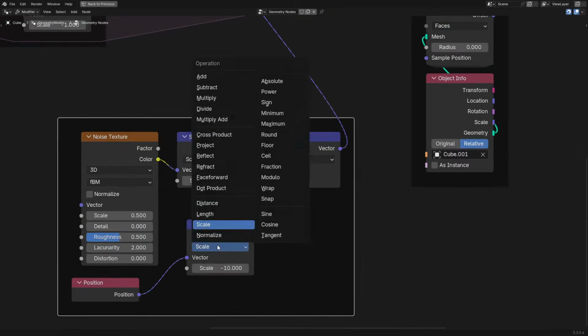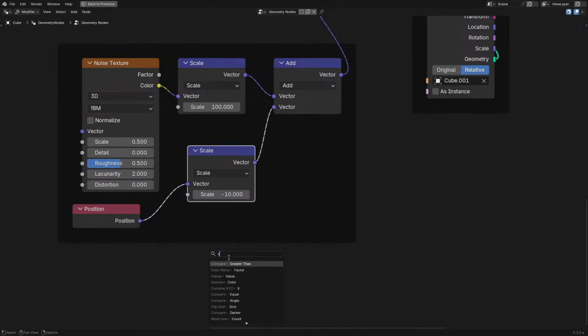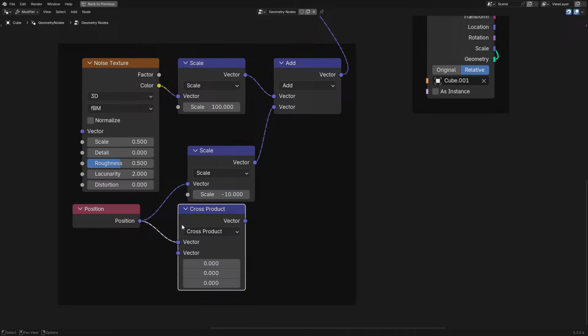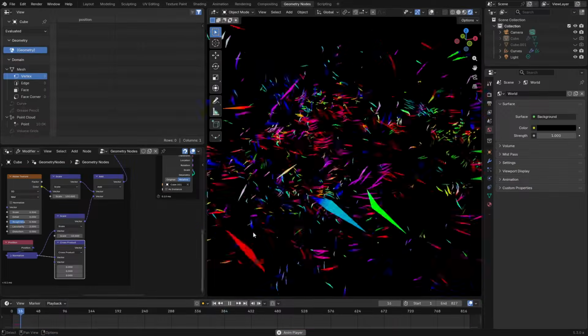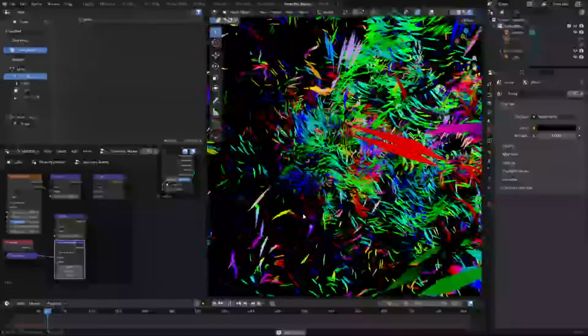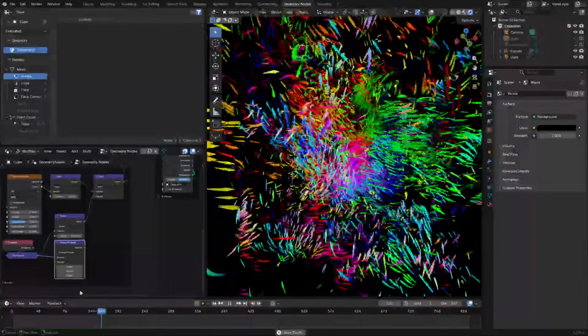And then we could also, instead of, no, I want to keep that, but also let's use a cross product. But also I need to normalize. Yeah, let's just normalize this, so that we just get an inwards gravity. So in this case, if I set this to be 0,